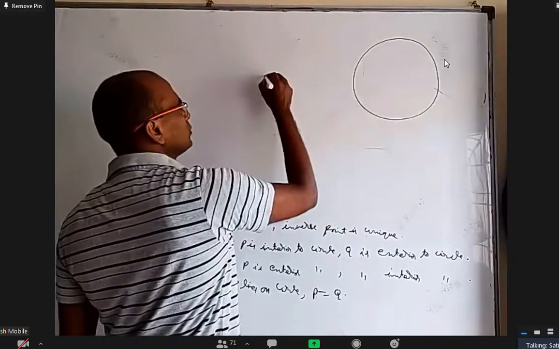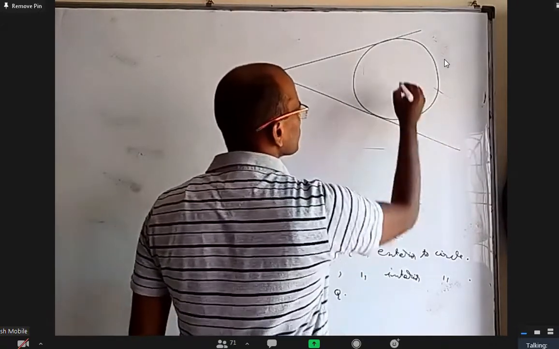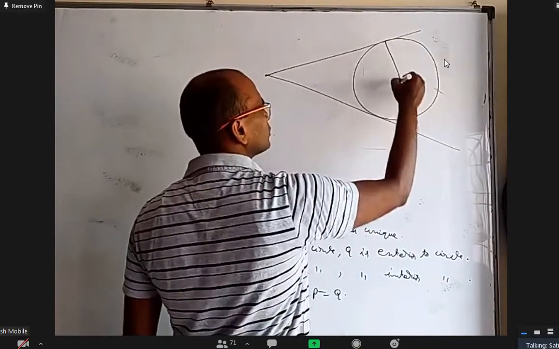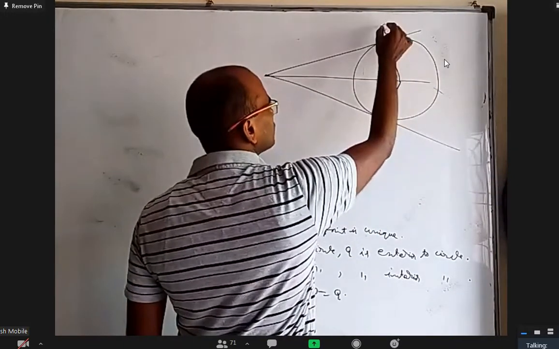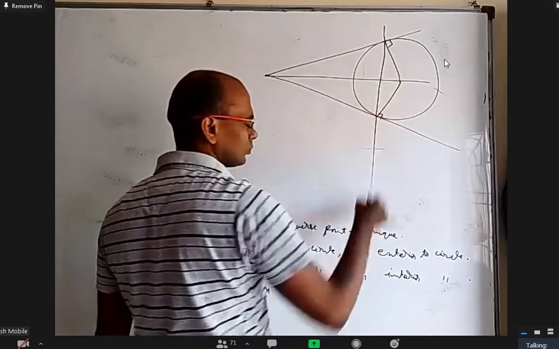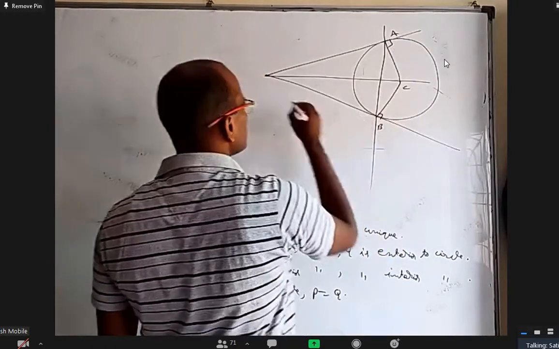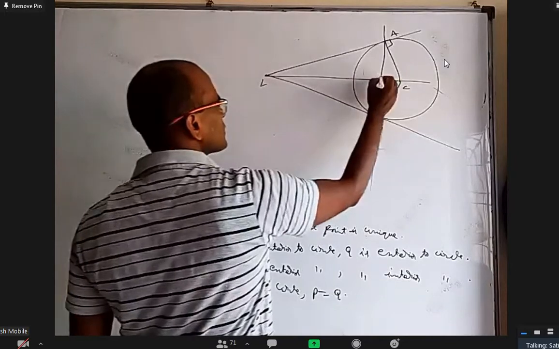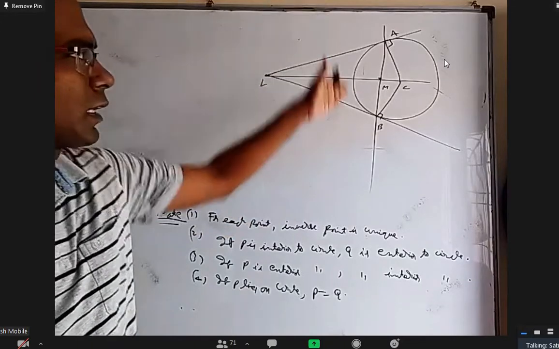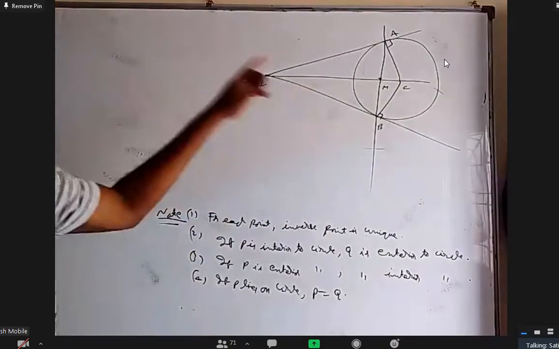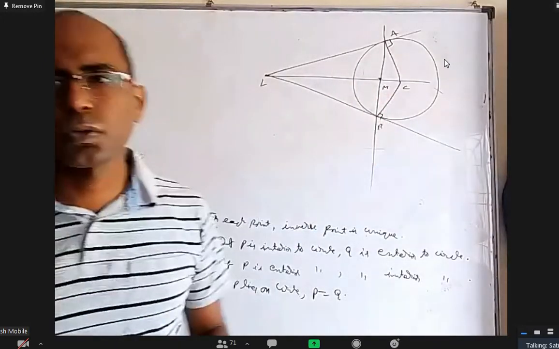If you take a circle, from an external point you draw two tangents. This is the center, this is some A, this is some B, and let us say this is some L and this is some M. So L is an external point, I draw two tangents, AB is the chord of contact, the midpoint is M. Actually for L, the inverse point is M. CL into CM is radius whole square.